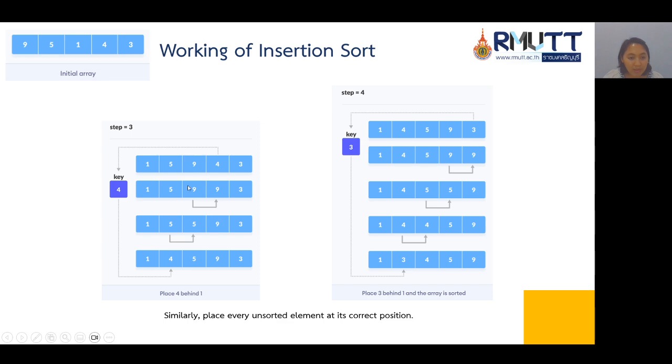Like this one, 4 is swapped, and then compare again with the left element. If smaller, then put into the left side, and after that compare again with the first element. If the key is greater, then put in the right element.